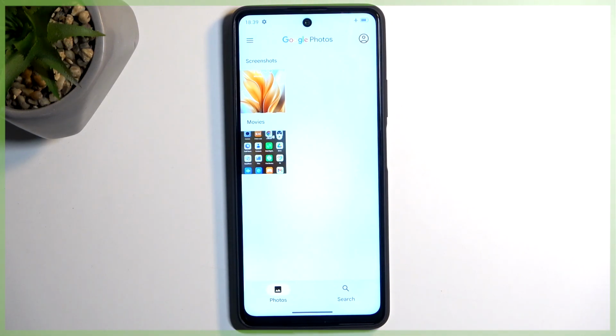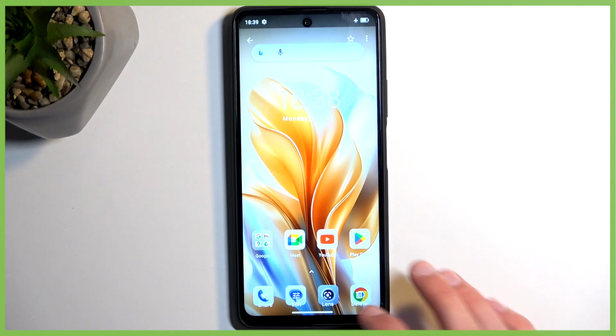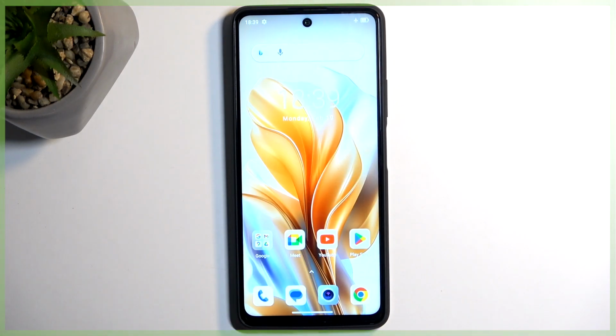Now, anyway, this is how you'd capture your screenshot,